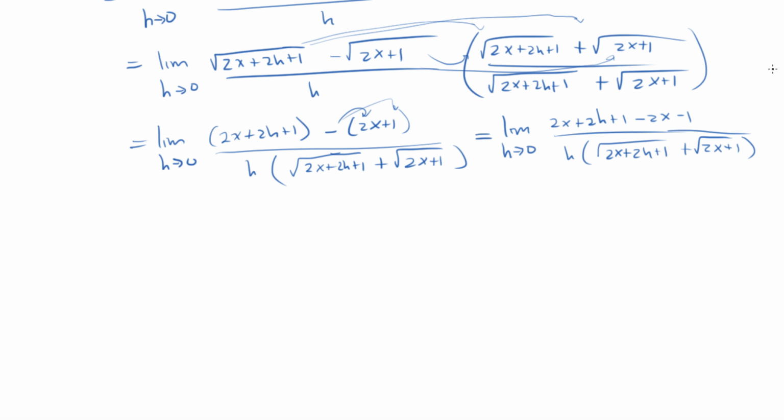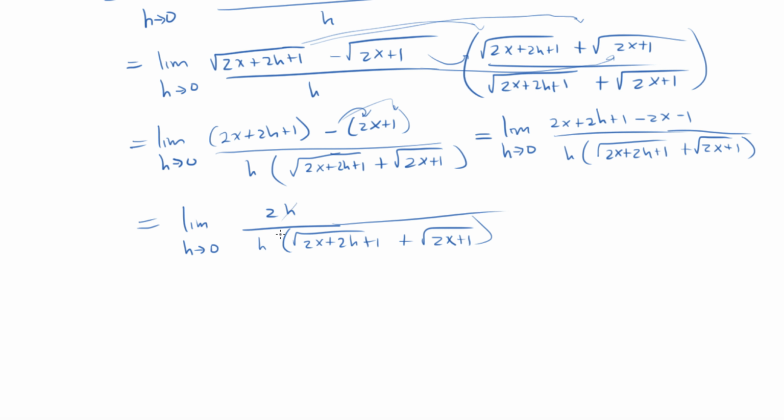Okay. Now notice again, the terms that have no x have to be canceled. So 2x minus 2x is 0, 1 minus 1 is 0. So you're left with the limit when h approaches 0 of 2h over h times square root of 2x plus 2h plus 1, and then plus square root of 2x plus 1. Okay? Again, the h's cancel. You're left with